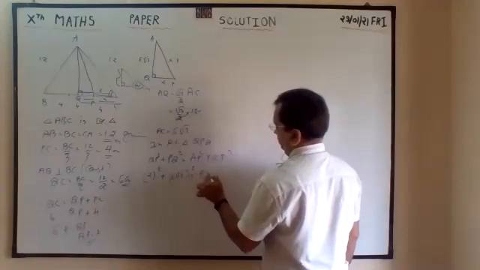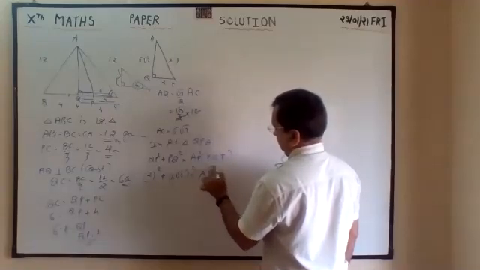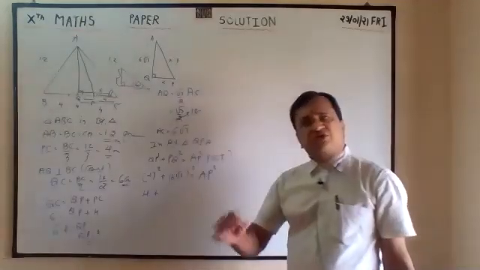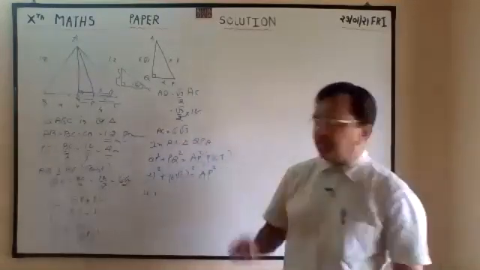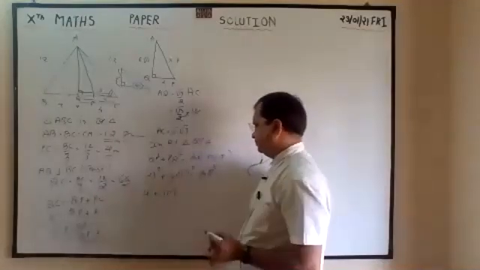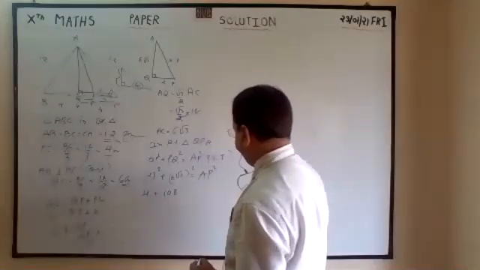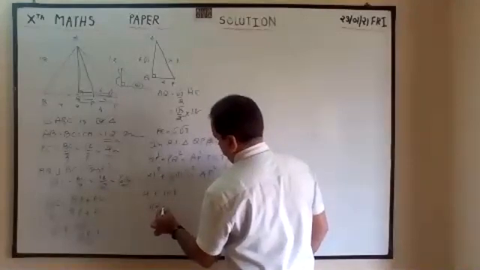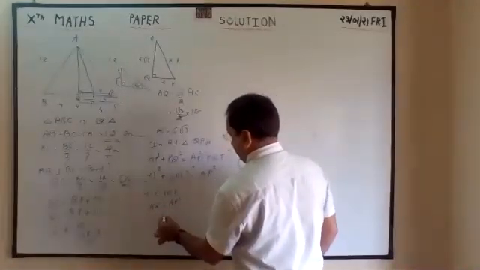AP square, right? 2 to the 4. Root 3, 3. 6 6 are 36. 36 3s are 108. Correct. So it is 112. So AP